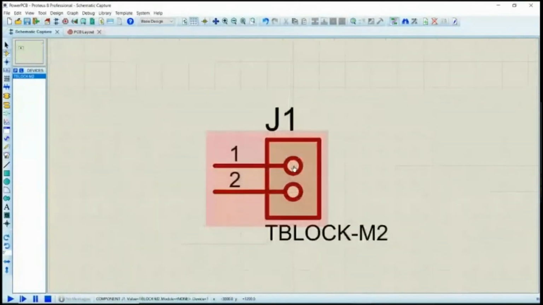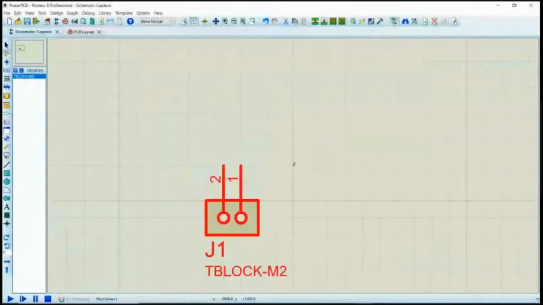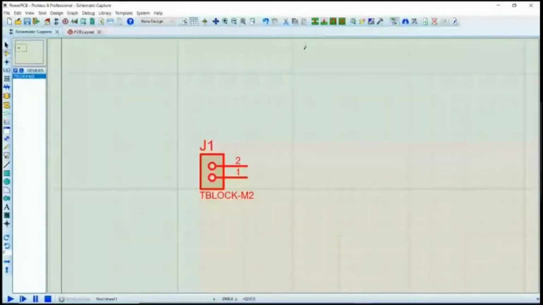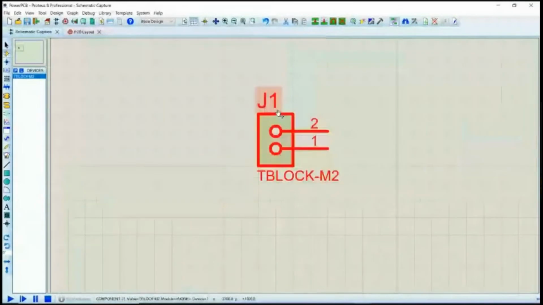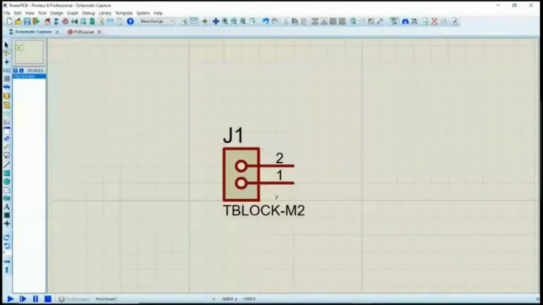I want to rotate this because I want this to go to the right side. So again, you can just click that and then click rotate clockwise like this, and then 2 times, and then you can make that turn to the right. This is one way of rotating this block. Okay, so that's what I am doing here. So that is the first component. What is the second component?